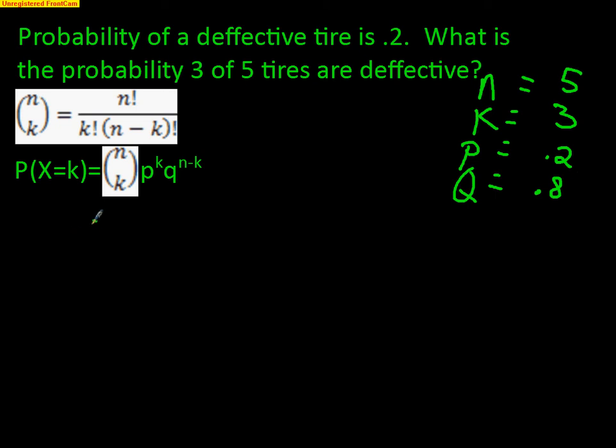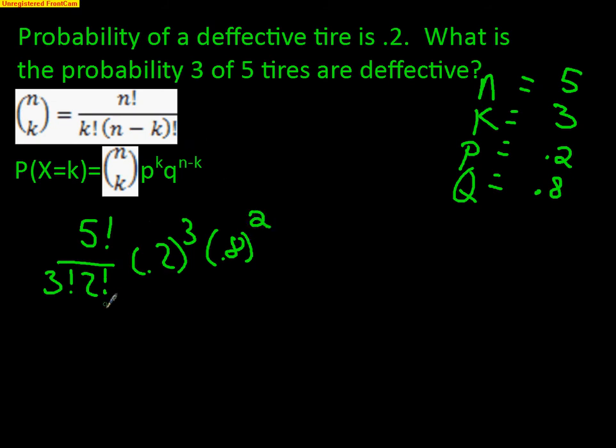So to set this up, we would have 5 factorial over 3 factorial times (5 minus 3), which is 2 factorial. We have p, which in this case is 0.2, to the 3, times 0.8, and then n is 5, k is 3, so 5 minus 3 is 2. So that's 5 times 4 times 3 factorial over 2 factorial and 3 factorial. These will cancel out. So we have 10 times